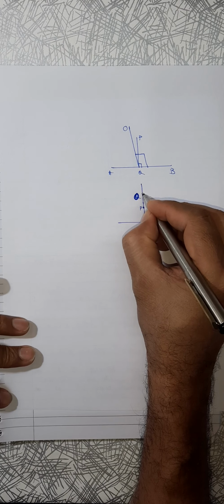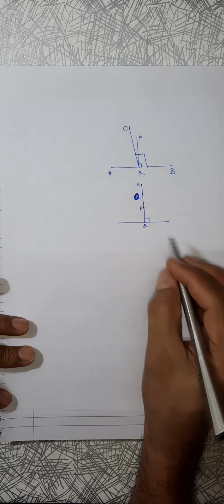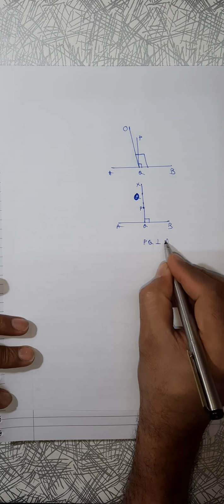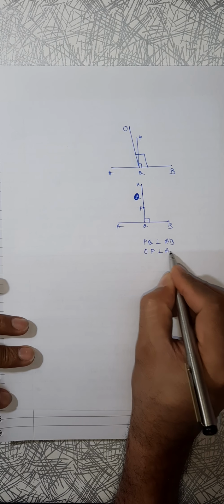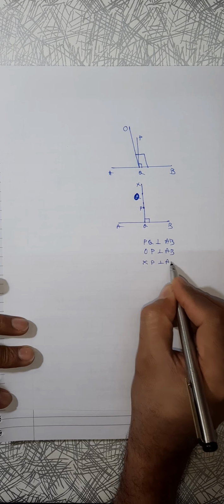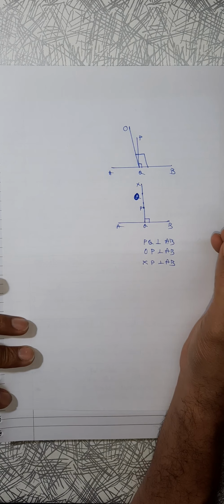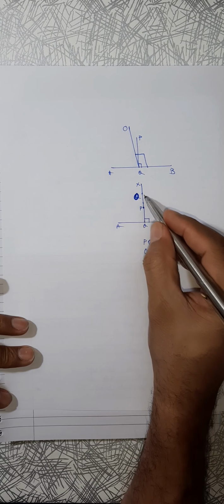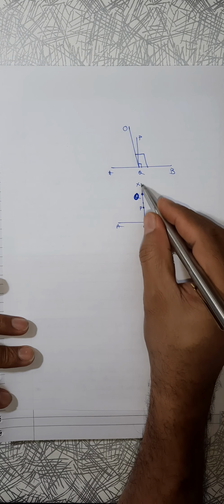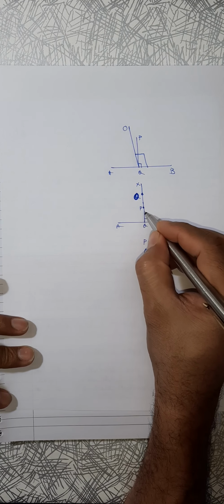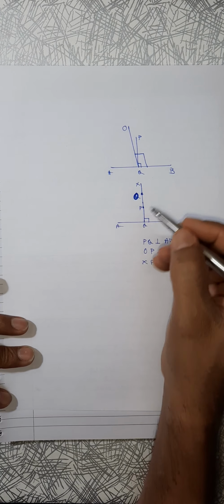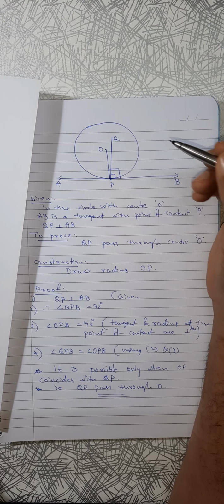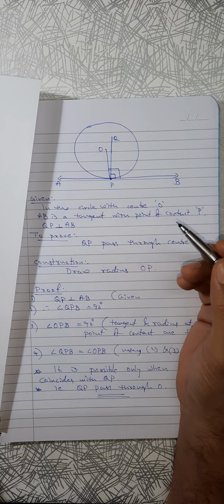Another one I will produce more. I will say XQ is also perpendicular, so I can say PQ is perpendicular to AB, no issue. Or I can say OP is perpendicular to AB because they are going to be the same line. XP perpendicular to AB, all these are the same. So I can say this point O is on that perpendicular. The perpendicular is passing through center O. PQ should pass through O. If it is small, reaching up to this, but if we produce it, it will pass through. Perpendicular can be small or big. If it is small, when we produce it, it will pass through O. If it is already bigger, surely it will pass through O.